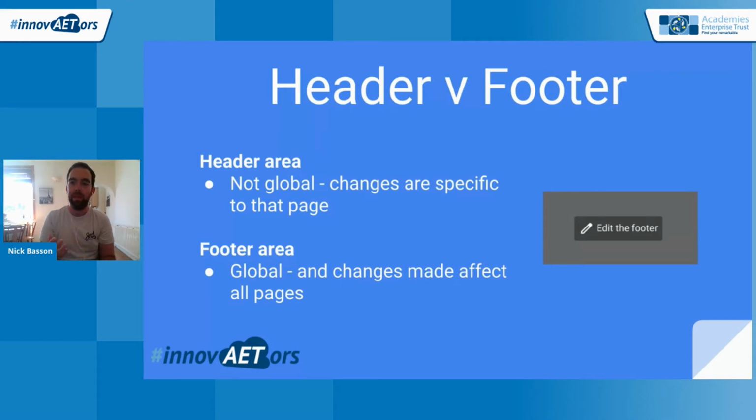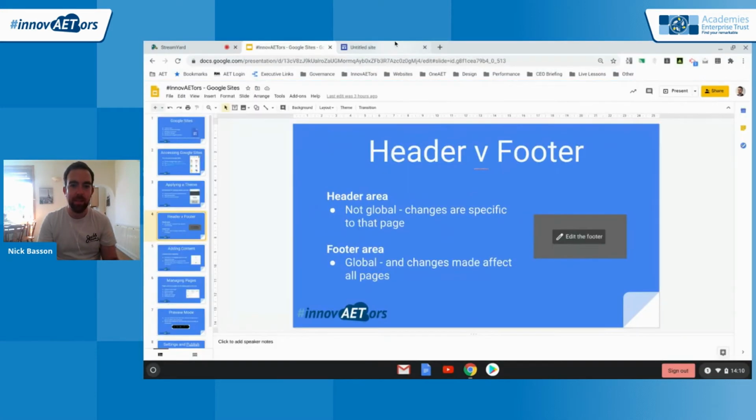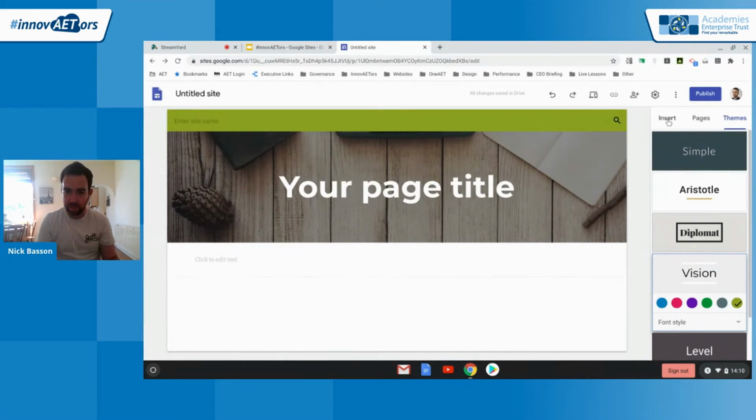So if you've got a page specific to your schools, then you can have a header relating to that page. Or if you had a contact us page, you can give that page a different header and a different feel too. The footer area is quite different, as this is global. Any change you make to the footer will affect the whole site. So if you had an accreditation in the footer and then you removed it, that would be removed from all footers, from all pages. So let's head into the site again,